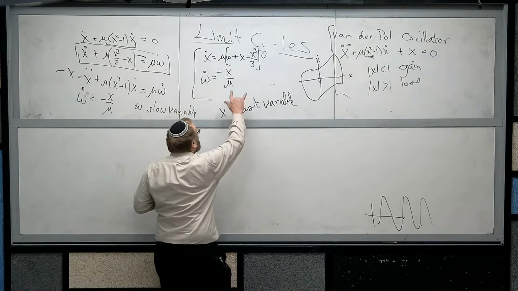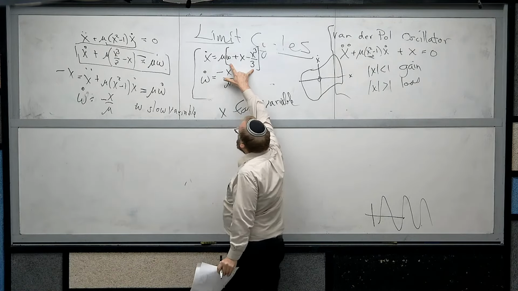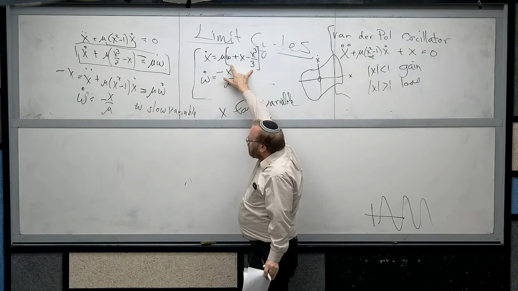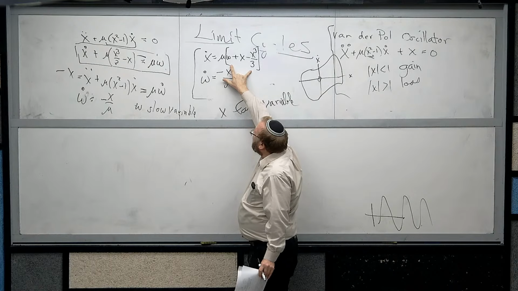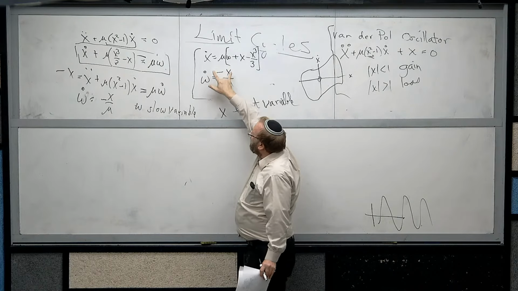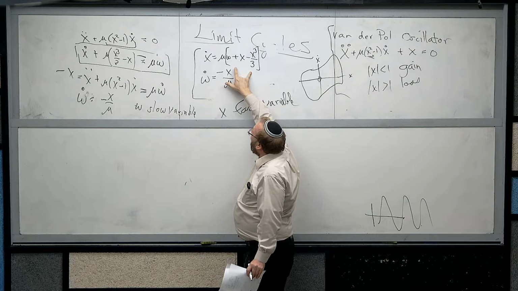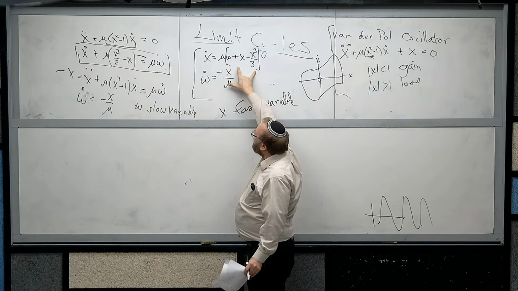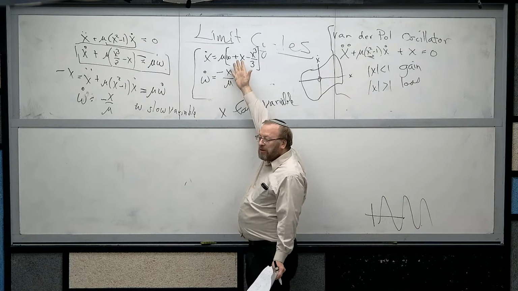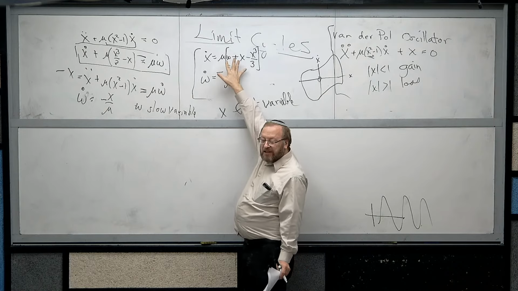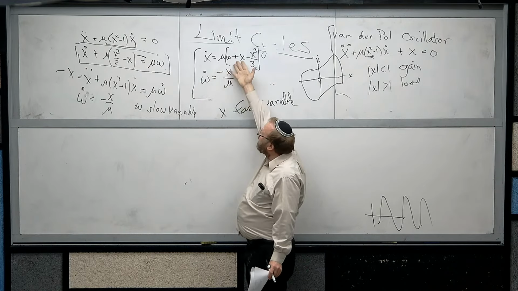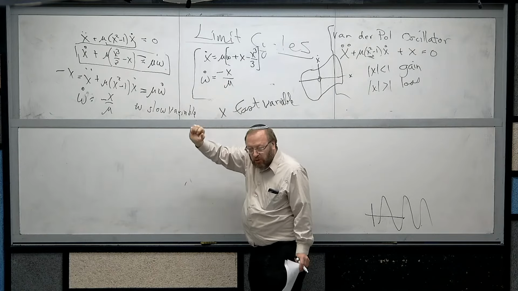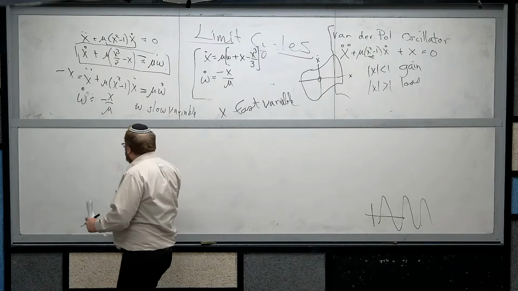Either this thing is not zero, in which case x dot is very big, and if it's zero, however, x dot can then be normal, because if this thing is small, then x dot can be, even though it's got a mu in it, normal. So in fact, what happens